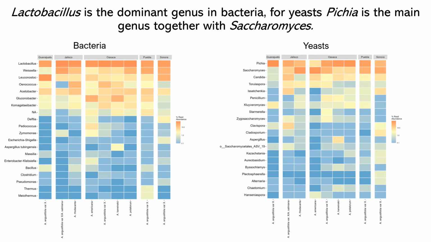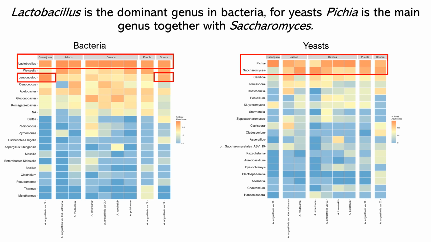These heat maps show the relative abundance of the 20 main genera of both bacterial and yeast and fungi communities. For bacteria, Lactobacillus dominates through the whole fermentation process, while Leuconostoc shows to be more abundant in regions like Guanajuato and Sonora. The microbial core in the fermentation is represented by the first 5 rows in the left figure, maybe excluding only